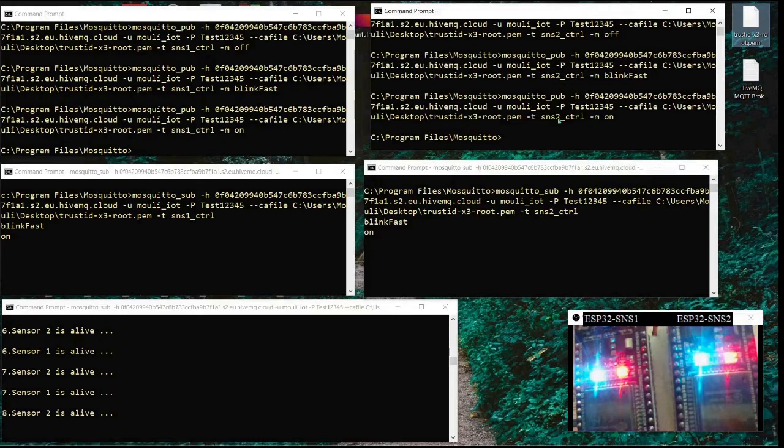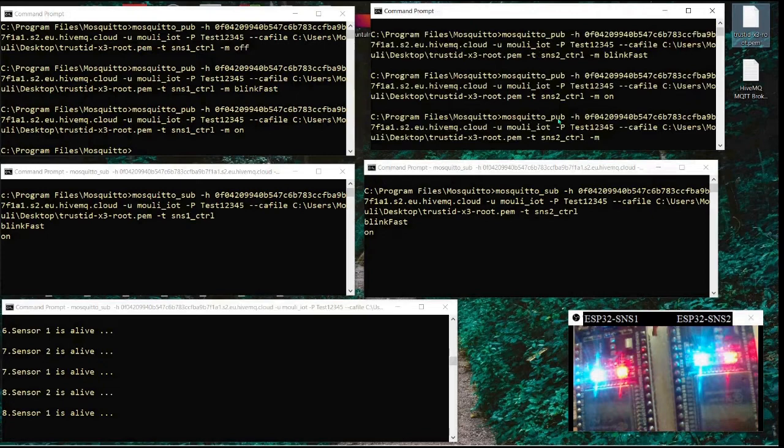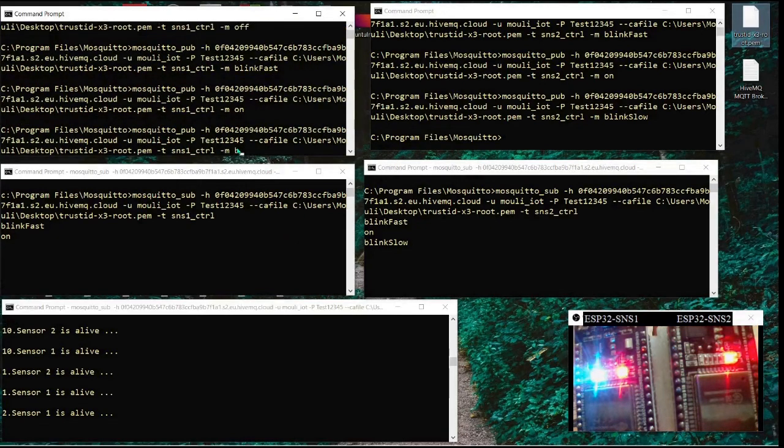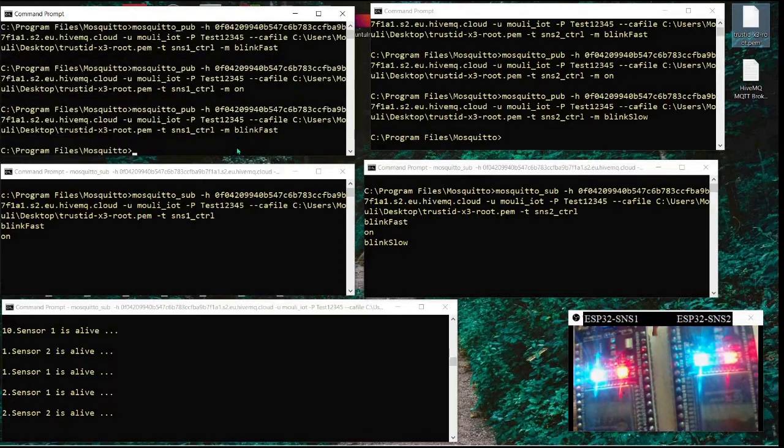Now, it's not that both of them need to follow the same command. I can say blink slow here. Blink slow means every 3 seconds it is going to switch on the LED. You can see that blink slow is much slower than the normal rate of 1 second. So this one I can make blink fast, go back to blink fast. So they are independent, as you can understand. Two software are running, though the same image of almost the same code is running on both, with a little bit of change. I will tell you what change is required. And they are processing these commands. One is blink fast and one is blink slow.